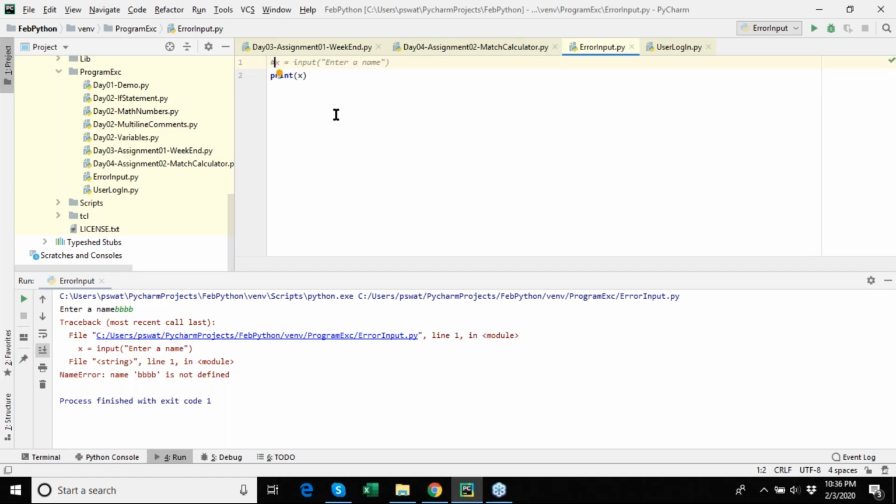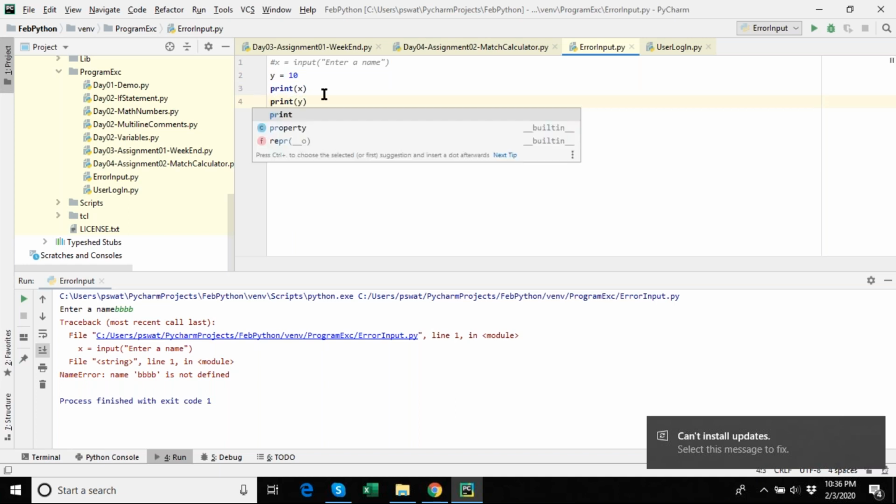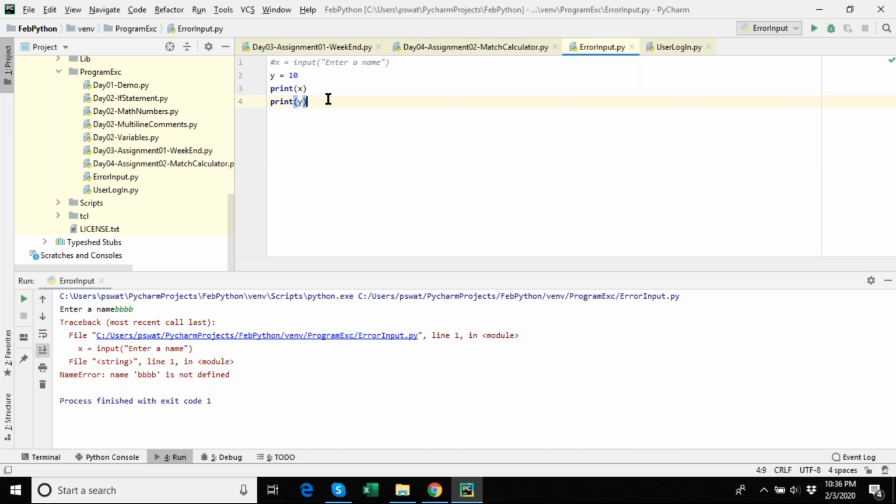If I try the input and get some results, it is failing. So here, if I say y equals n, it's showing some message on the bottom corner, can't install updates, something.